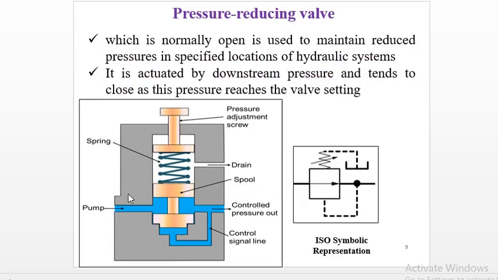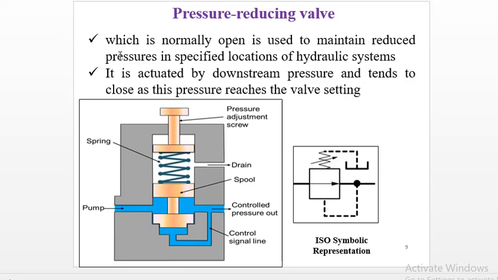So another type of pressure control valve works on the second principle as I told you earlier. It is restricting the flow to a particular region of the circuit. Now we are not saying that the whole system works on the same pressure. In the system there are some regions that work on less pressure, and some regions work on higher pressure. So thereby to limit the pressure by restricting the flow in some region, in that case the pressure reducing valve is going to be used.